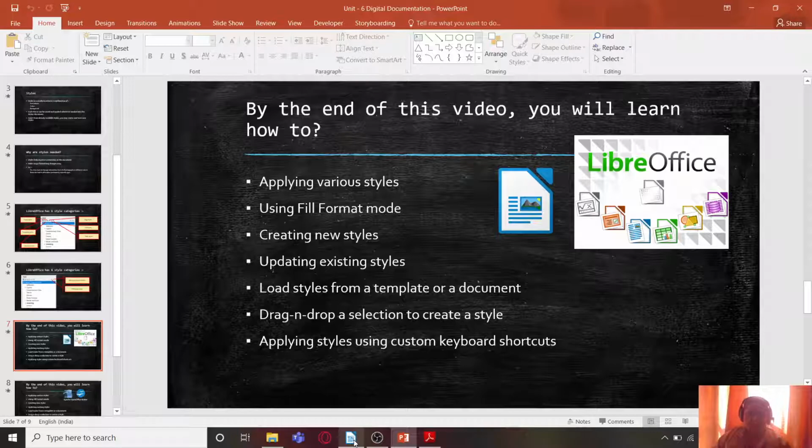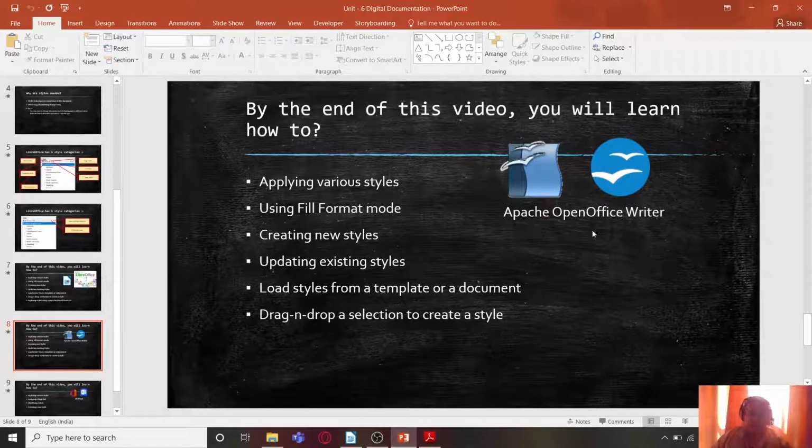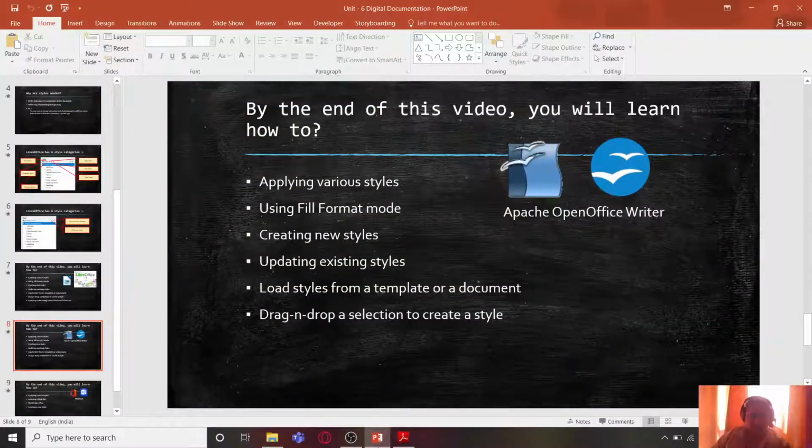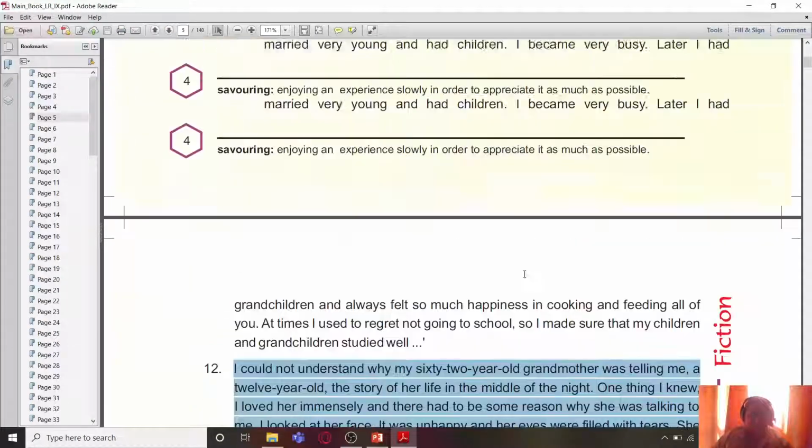Let's now switch to the next, that is Apache OpenOffice Writer, where we will be seeing all the same options. So I'm going to close this and select some paragraphs from here.